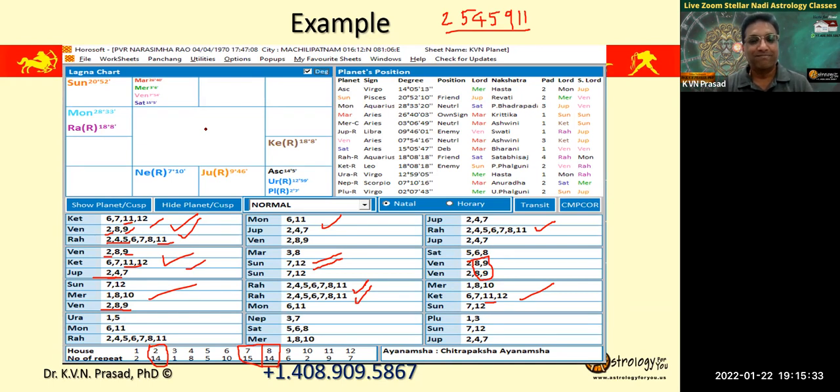Oh, is that so, sir? Is that how it's a good thing to activate, especially when we have it in a positive way, so that it doesn't affect us in a negative way? Correct. See, what is this planet? Let's take Mars. What is Mars's duty? Mars's duty is to activate 3 and 8 bhava. That is the job. That is the duty that has been put for this planet in this horoscope.